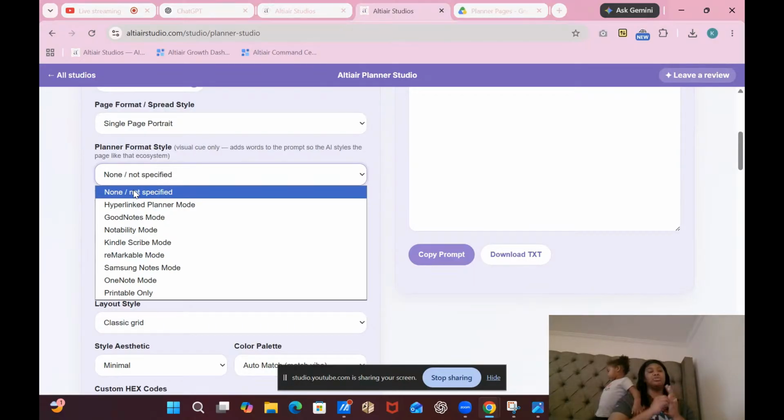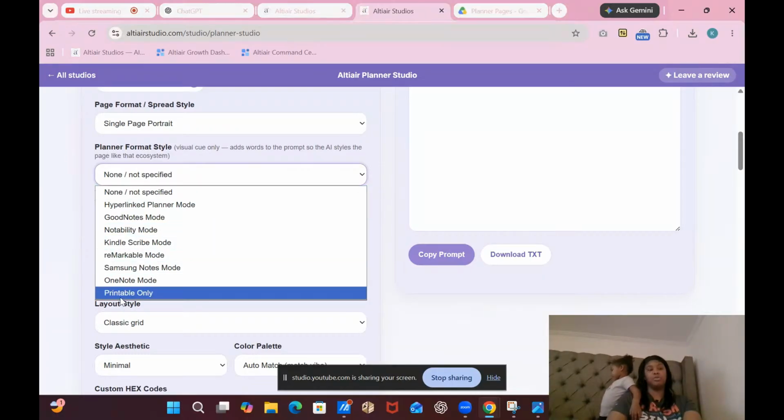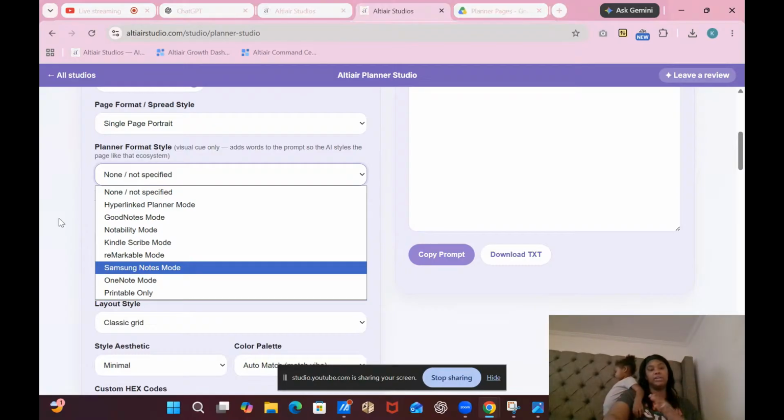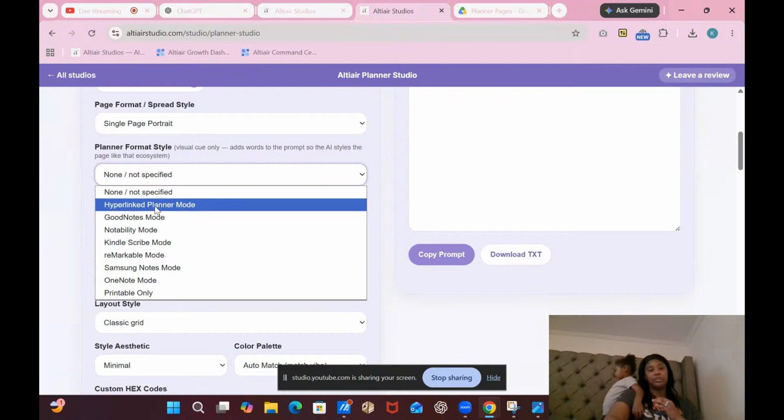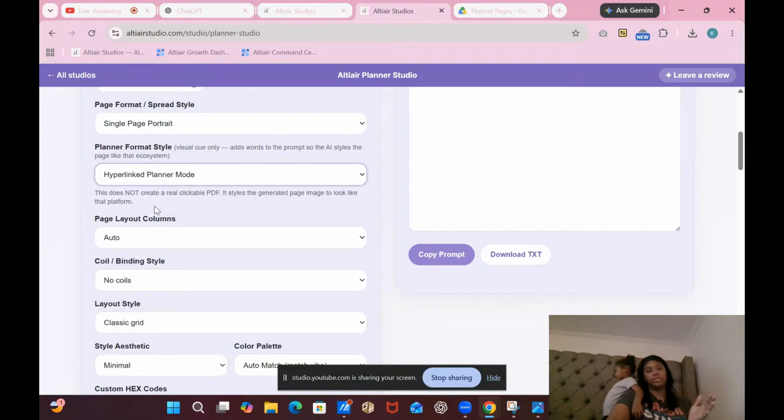The only thing that you need to know when selecting here is if you want to do a print planner, then make sure you do printable only. If you want to do a digital, you can select any one of these really, but I'm going to do hyperlink planner mode. You can do GoodNotes, you can do whichever one. Okay, it doesn't really matter that much. The main difference that matters is if you want a digital or if you want to print. Okay,